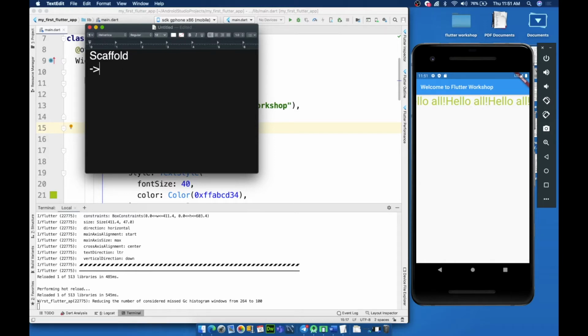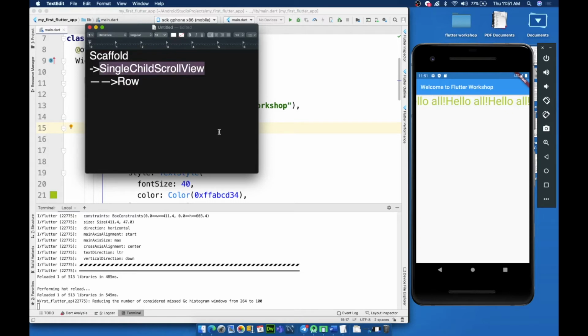What I want you to do is introduce a new widget here, that is single child scroll view. And this will take another child, that's row. Do you see the hierarchy change? It was initially row within scaffold, but I wanted to introduce a widget in between scaffold and row such that row becomes the child of another widget now. That's the new widget. So right now, this single child scroll view is the child of scaffold and row is the child of single child scroll view.